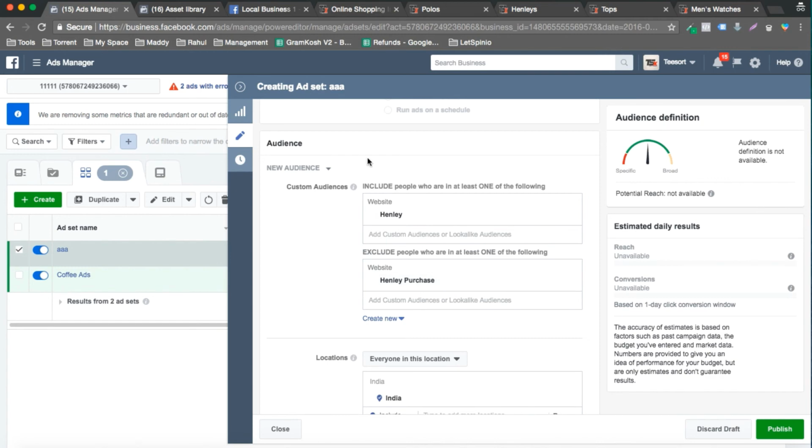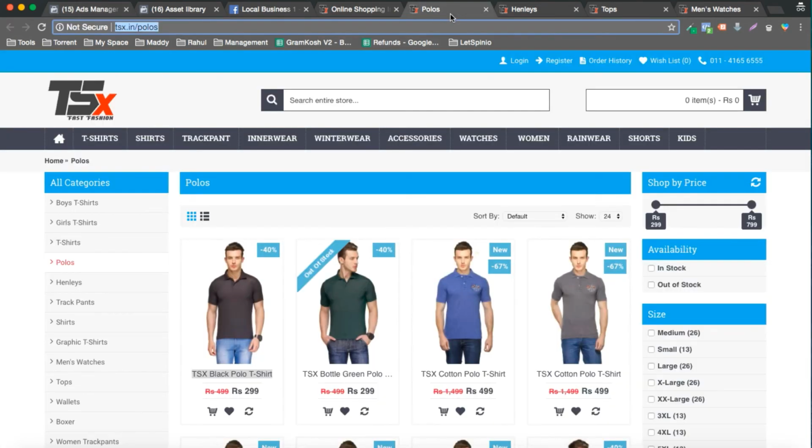You have to create multiple custom audiences, you have to create multiple custom conversions, and always use the subtraction logic. Remove all the people who have visited the thank you page and add all those people who have visited your targeting page. You can even go further inside your targeting, right?